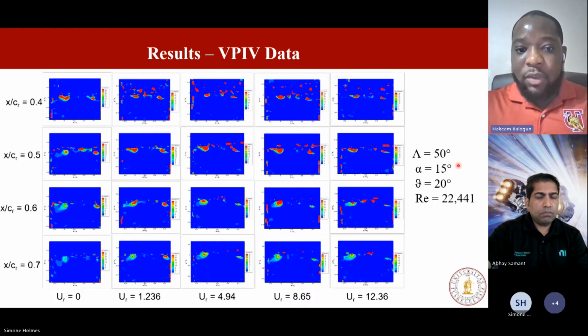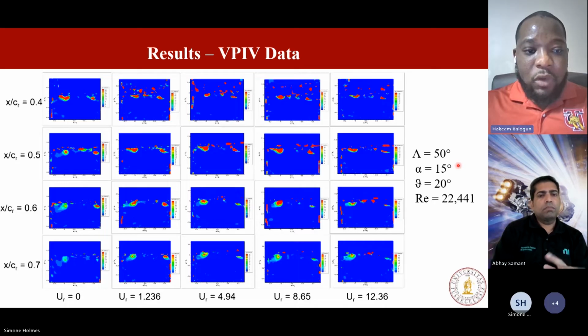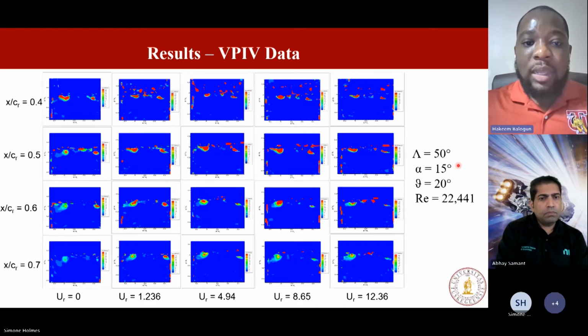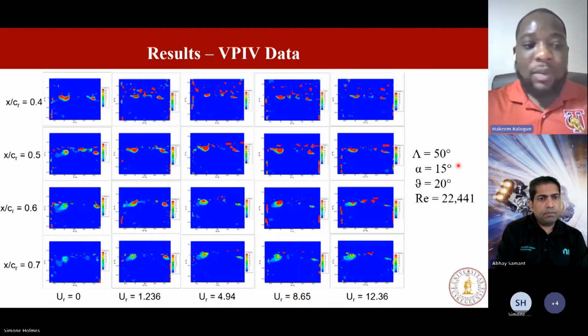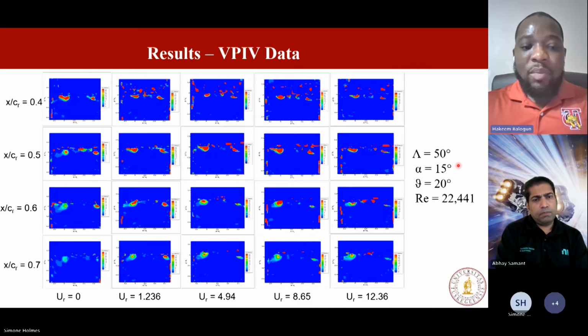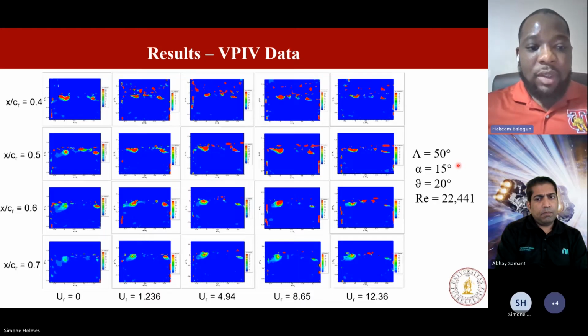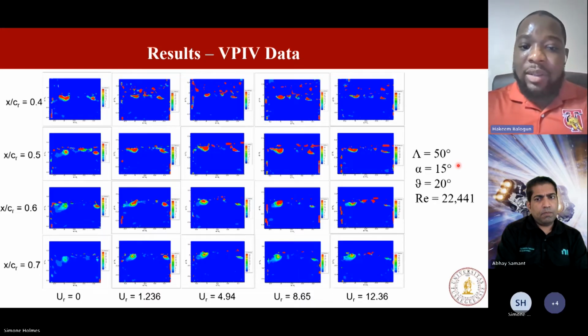So now I'll get into the results of my PIV data. This is for the 15-degree angle of attack case with a Reynolds number of 22,000. Dye flow visualization for this configuration showed that the mean breakdown location was approximately 0.5 without trailing edge jets. Something to note, at this angle of attack, the vortices form really close to the suction side of the delta